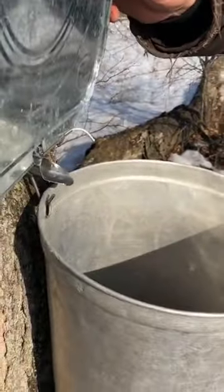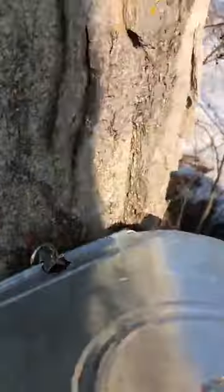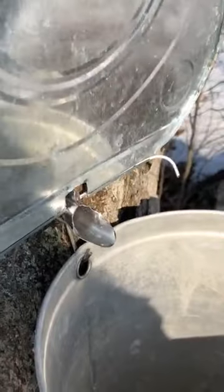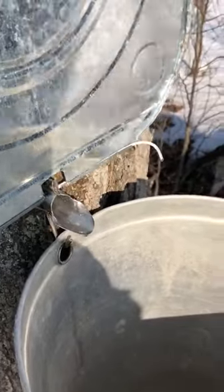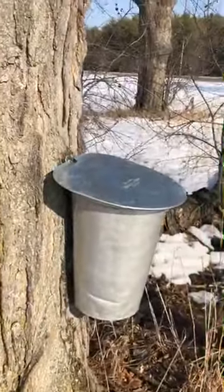Yep. That's amazing. And so, of course, the lids have this really neat little wire that goes through the top of the spile. Every single spile has this, essentially. If you don't have something like that for your bucket, if you're DIYing this, you can just use any piece of wire that could fit through. It doesn't have to be solid wire. It could be a little bit loose, but that's going to stop debris from the tree from falling in, chipmunks,